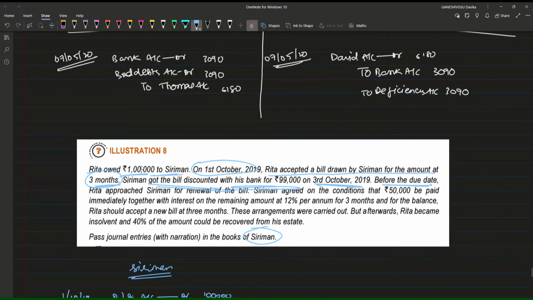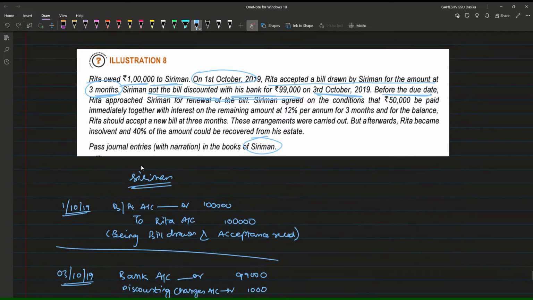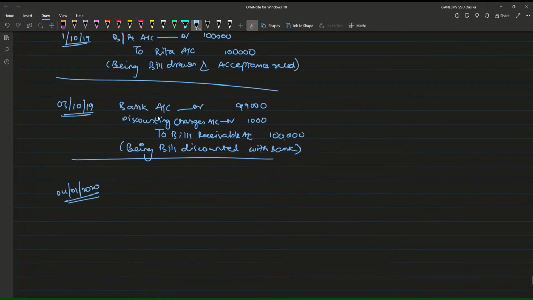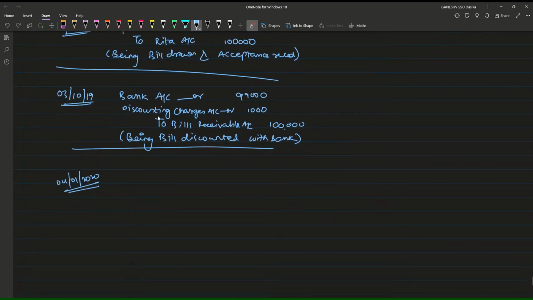But what happened? Rita approached Siriman for renewal of a bill. That means if we want to renew the bill, we need to cancel the first bill. Cancelling of the first bill is nothing but a dishonour entry. For the dishonour entry, we need to make Rita our debtor again. So Rita account,